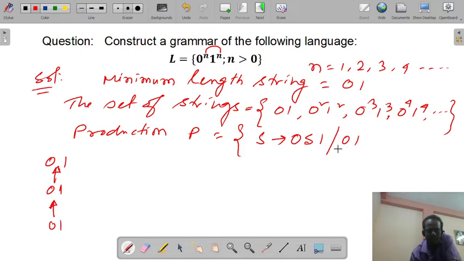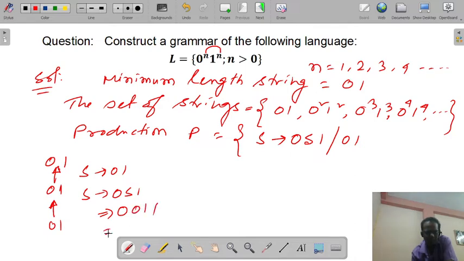So just you see, S implies 0 1, we will get that least length string. To find out 0 square 1 square, what we need to do? S implies 0 S 1, and S is substituted by 0 1. So 0, then S is substituted by 0 1, then 1, it will be 0 square 1 square.